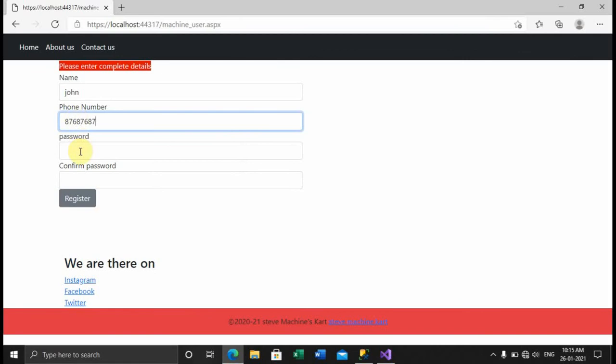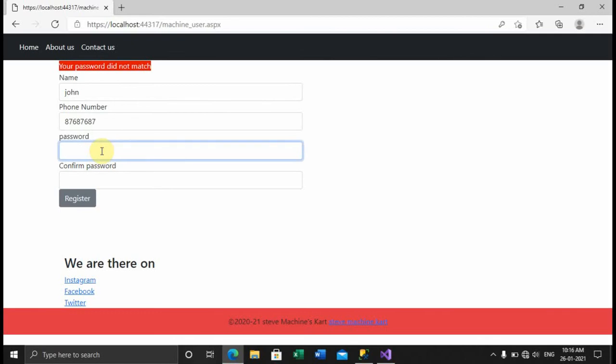There are two more text boxes, you can see password and confirm password. What if I give a password as ABC123? You can click on the eye button, and you can see the password is ABC123. And if I give a wrong password in the confirm password section, anything other than ABC123, here you can see it will tell you that your password did not match. So basically I have used a validating property between these two text boxes, password and confirm password. It will match first and then take you to another page.